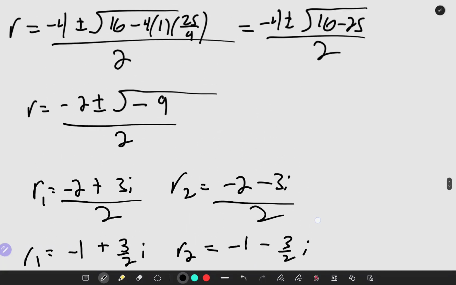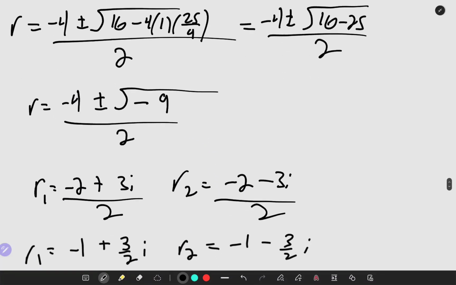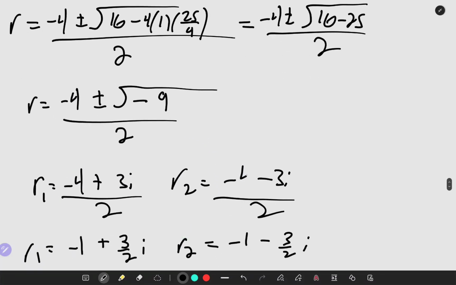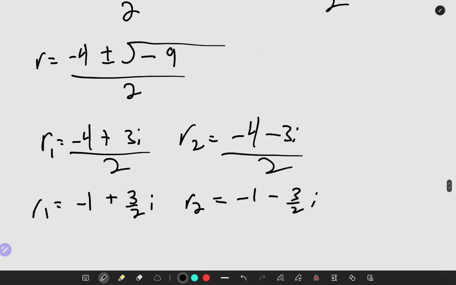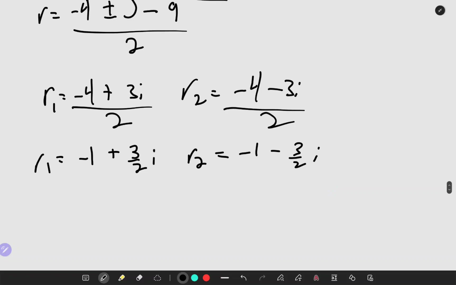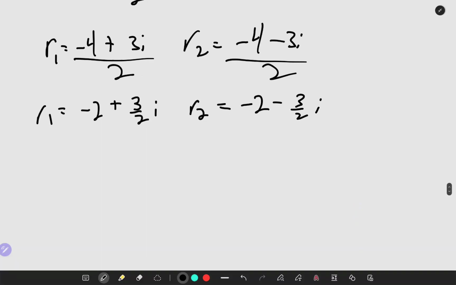Oh, wait a minute. I thought that wasn't right. That should be a 4, right? My bad. That was my mistake. If you caught that, that's good. So then this would become 2, not 1, which is a good thing, because this will give us a case where we have non-1s for both our terms. So general solution,